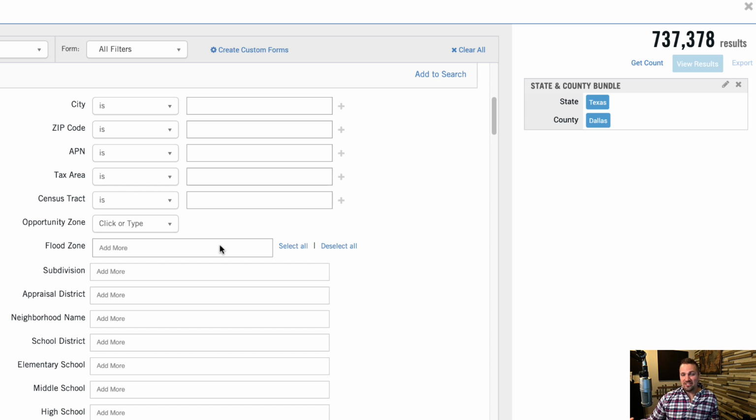That would probably be an indication that it's not working in this county. Again, my wish is that DataTree would just say very clearly, this filter doesn't work here, so don't use it. Whether that means they gray it out or make it red or something just to indicate that it's not trustworthy in that state because they don't have the data. That would be awesome. Unfortunately, that functionality does not exist as of now.